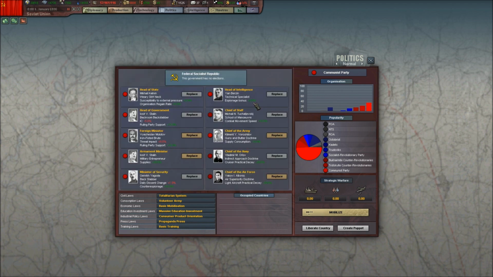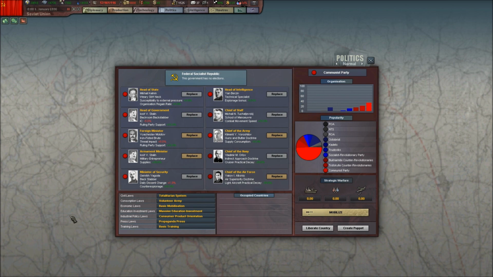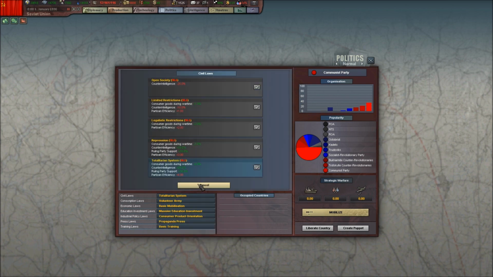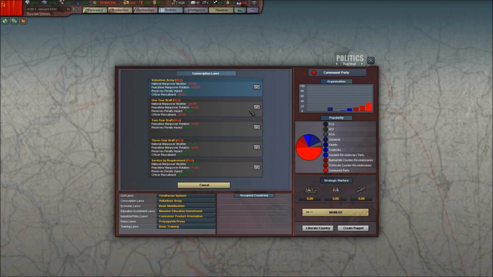So that looks good. Chief of the Air Force. We are going to be most concerned, I think, with light aircraft. So let's see. That's at the highest possible. These are our laws here. Volunteer Army, we definitely need to...